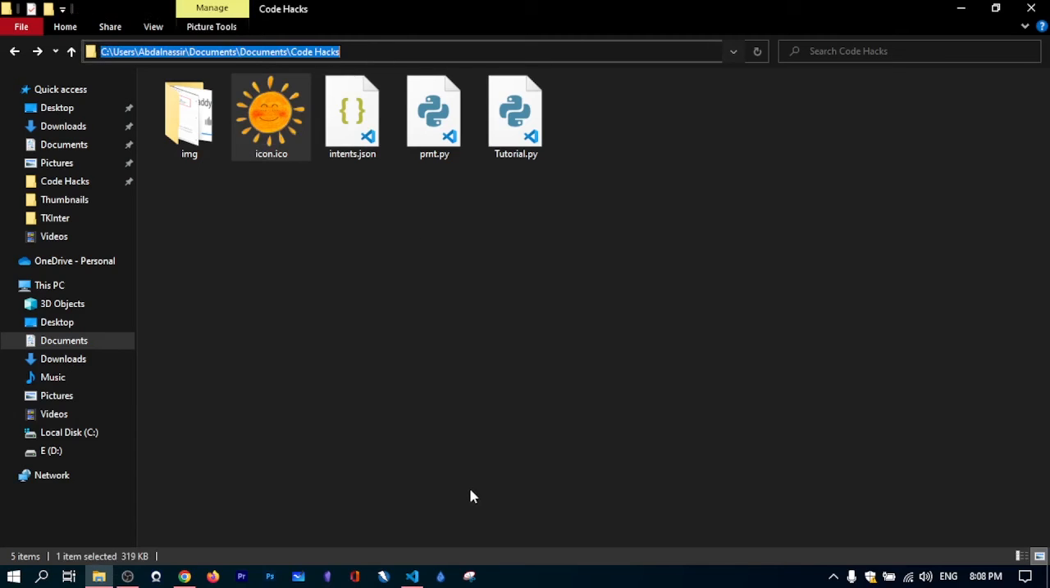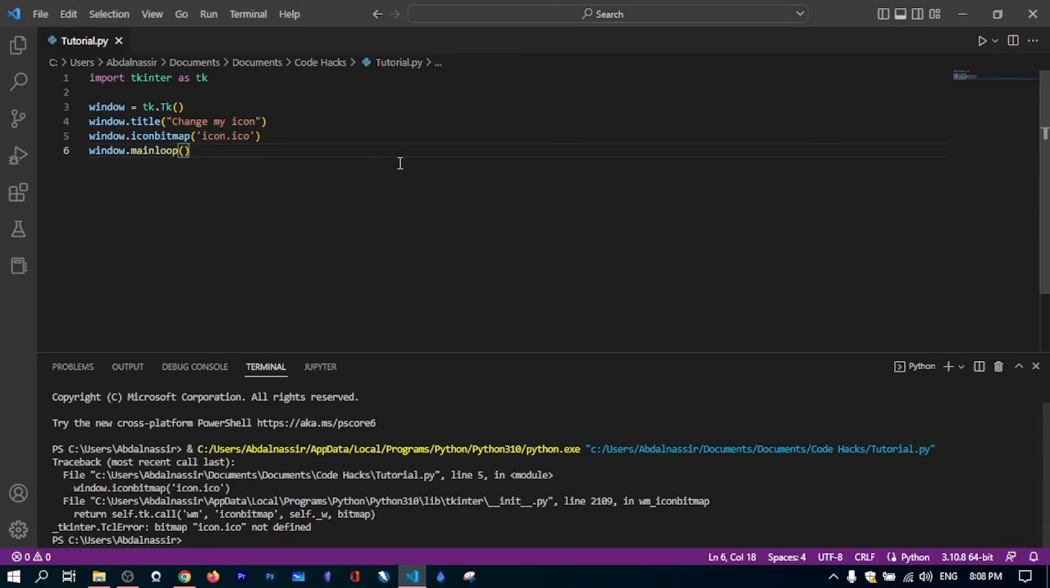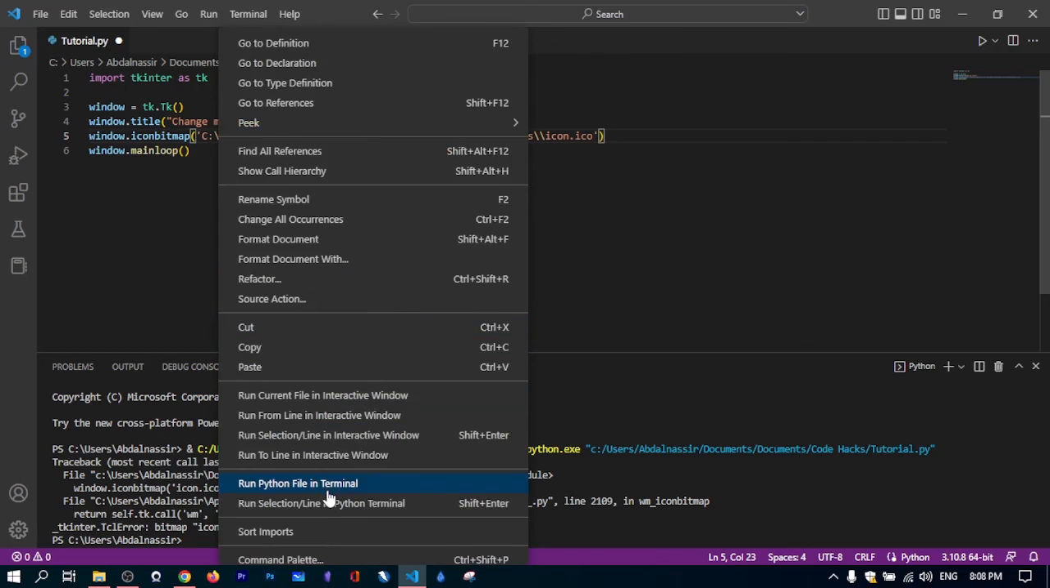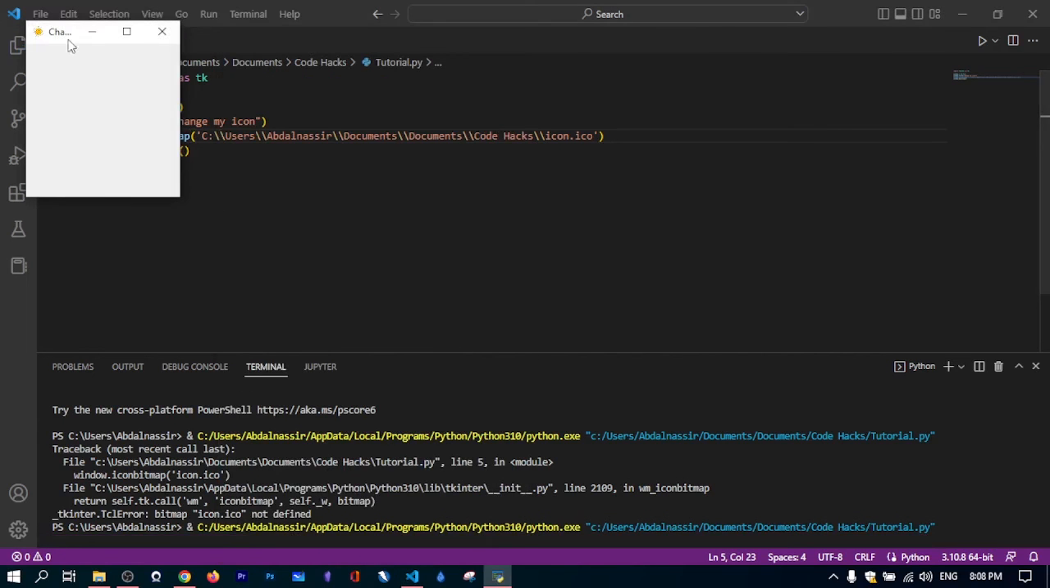Maybe it should be working with the relative path, but maybe since this is a test, it could be requiring the complete path. Let's try that and run, and it's running. Perfect. So that's how you